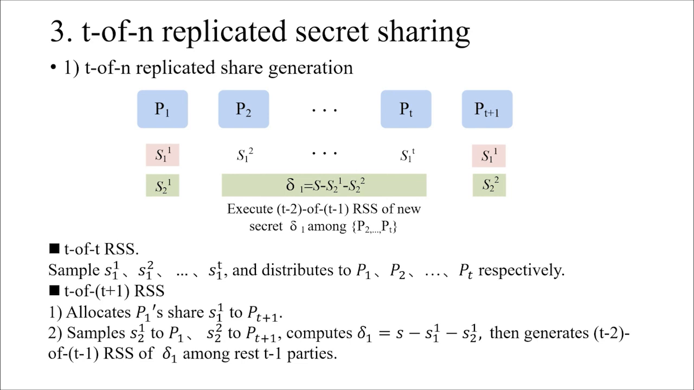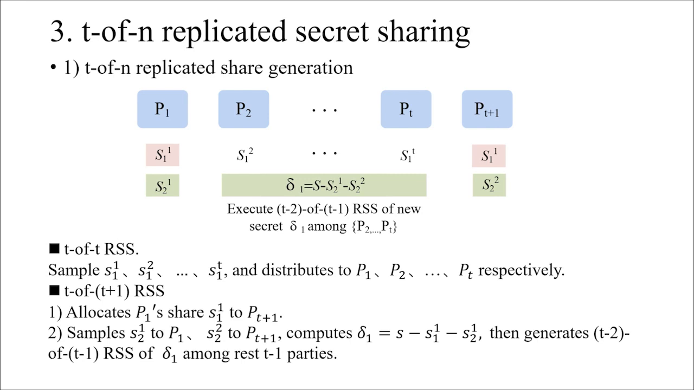Then T-of-T plus 1 RSS is generated based on T-of-T RSS. The dealer allocates P1's share S11 to PT plus 1. The secret can be recovered by the first T parties or the last T parties, while any T parties including both P1 and PT plus 1 cannot. In order to solve this, the dealer samples new shares S21 and S22 to P1 and PT plus 1 respectively, then computes delta 1 equals S minus S11 minus S21, and generates T minus 2 of T minus 1 RSS of delta 1